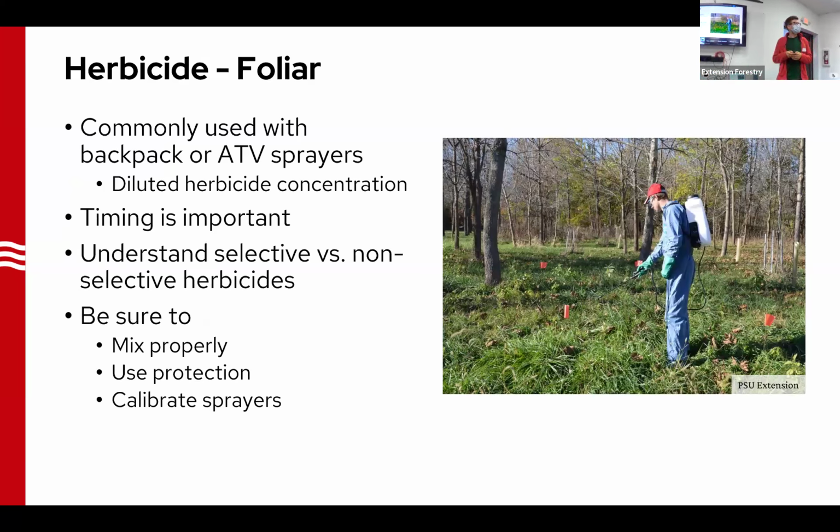Running through some different herbicide applications. So we have foliar applications. This is using a diluted herbicide concentration. Commonly, this is used with backpack sprayers, ATV sprayers. For these foliar applications, I think it's really important to understand selective versus non-selective herbicide. There are some herbicides like Roundup or glyphosate that are going to kill lots of different species. And then there are more selective herbicides like Element or Garlon, which is not going to harm grasses. So it's really important to understand what the herbicide is going to kill before we apply it